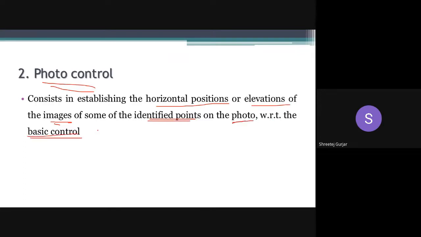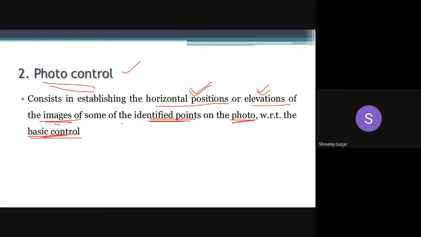With respect to basic control, you establish the horizontal position or the elevation of certain points identified on the photograph on the ground. So those are called photo control points. What are photo control points? It consists in establishing the horizontal position or the elevation of images of some of the identified points on the photo with respect to the basic control.